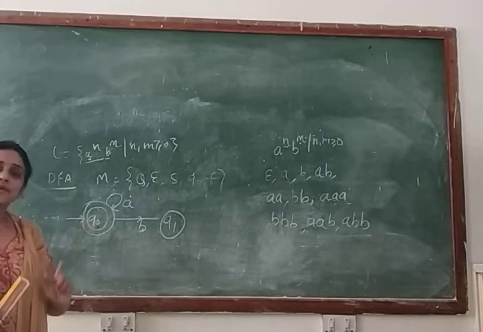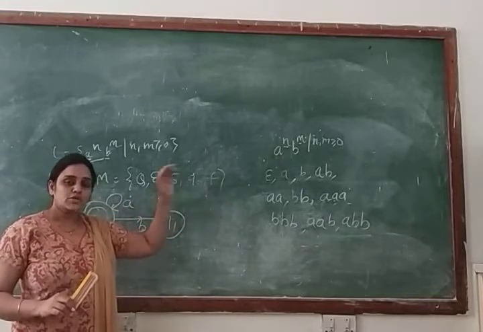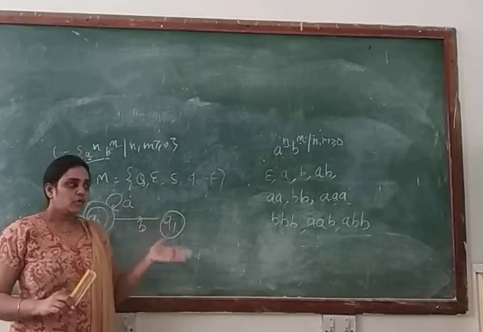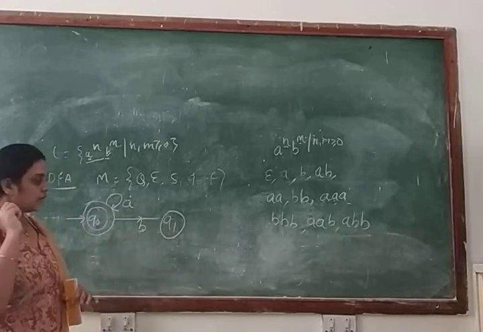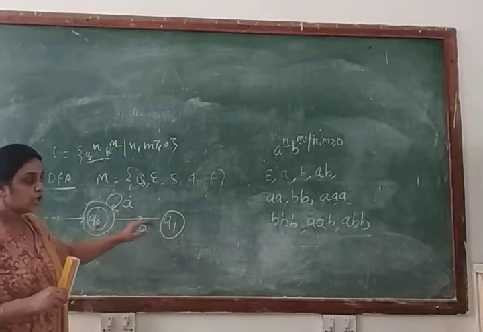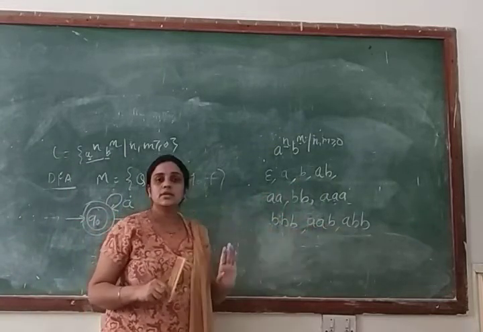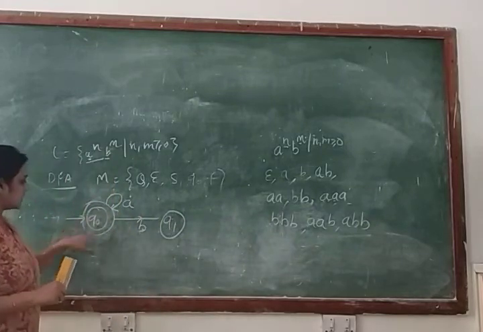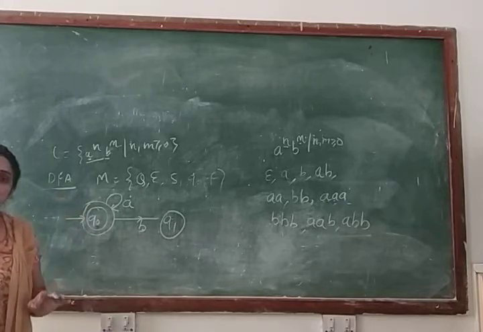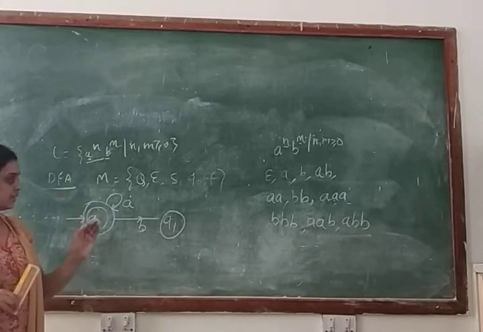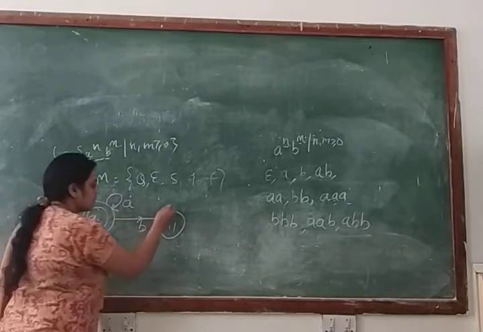Yes, we can make another final state, because what is the meaning of capital F? Capital F means the set of final states. So in one DFA machine we can make more than one final state. Clear? And why are we making Q1 a final state? Because if we do not make Q1 a final state, in that case your machine will not accept any string like AB, double B, A double B, double AB. Clear? If you make only Q0 a final state, your machine will accept only A's transition, but it will not accept a transition where A is followed by B or any number of B. So that's why we will make Q1 a final state.